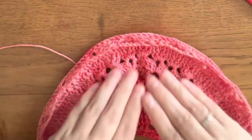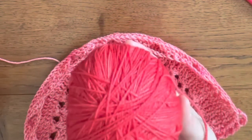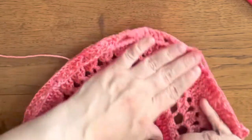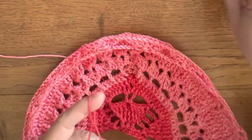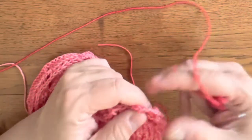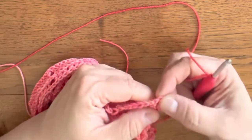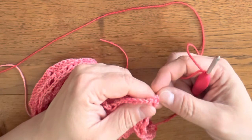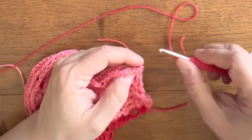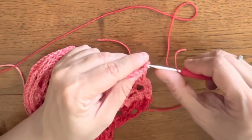Row 17 requires that you go back to your yarn 1 and we keep on working on the right side, so don't change the side. I'm attaching my yarn to my hook, and we're going to start this round here where we've made the first 2 stitches, and I'm going to start with 2 single crochets back loop only. So here are my first 2 stitches, 1, 2, and instead of going through both, I'm just going in the last one,